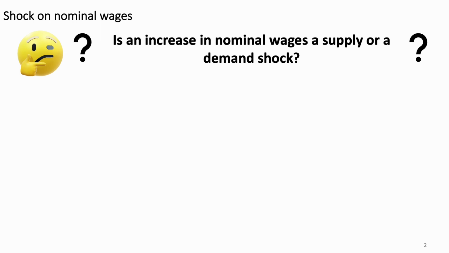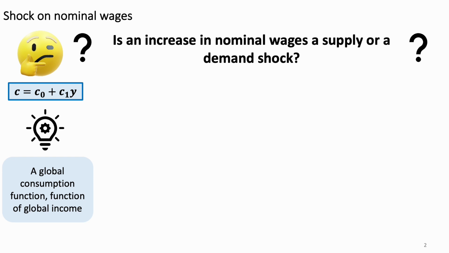Up to now, we assumed that the entirety of the income generated through production was distributed to households, either in the form of wages or in the form of dividends. We were dealing with an aggregate consumption function based on the income overall, which was not taking into account different behaviors according to the different sources of revenue. For instance, between wages and dividends.